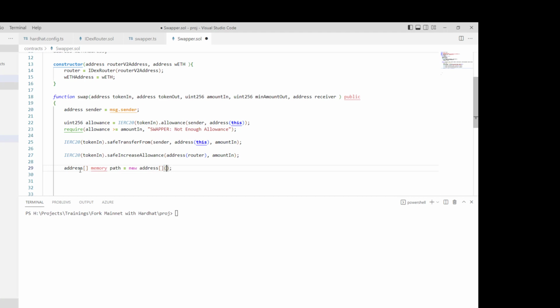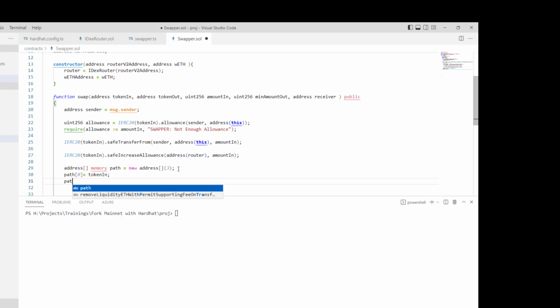Okay, so the path is the path that the router is going to use to swap your token to the destination token, right? And it allows you to specify intermediate tokens. So sometimes you want to swap maybe USDT to BNB or to another coin, and then you find out that it's sometimes more cost effective to swap from USDT, for example, to wrapped ETH first, and then swap from wrapped ETH down to BNB. So if you want to do that, you could just do a path of 3, and then path 0 will be token in,